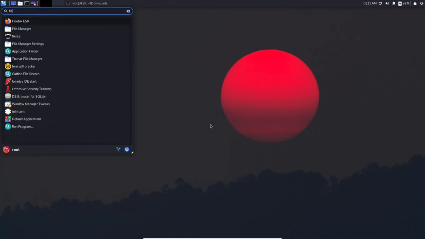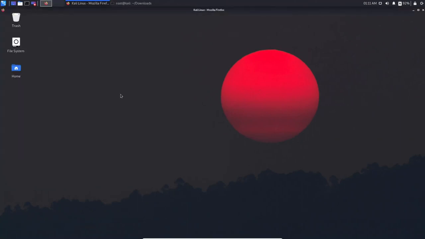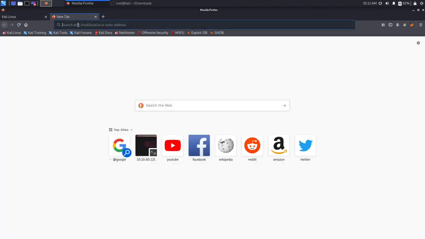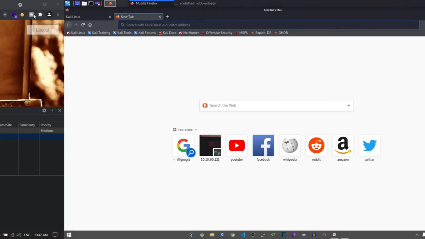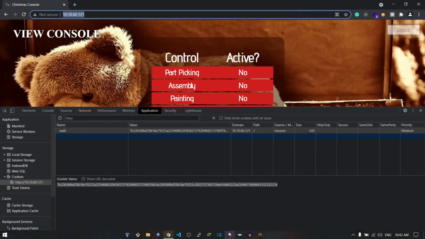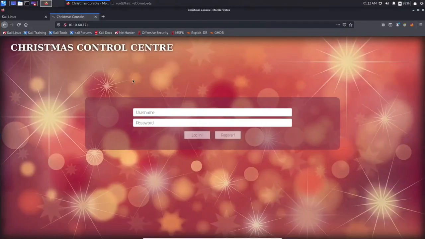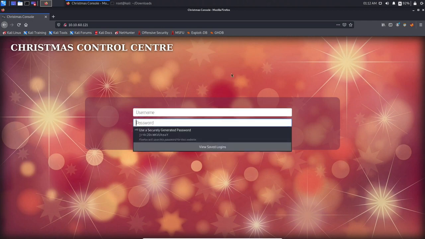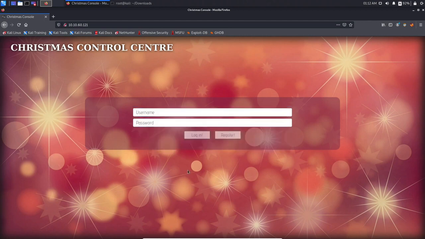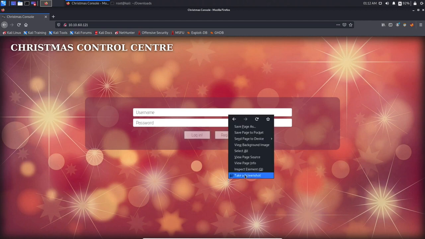Let me open my Firefox web browser and open this website over here. Let me copy this cookie again. You can see I am able to open this website on my Kali machine, and it is asking for a username and password. Now I can log into David's account without even entering a username and password if I have the cookie. So I click on inspect element,